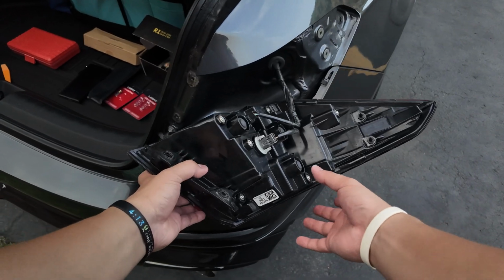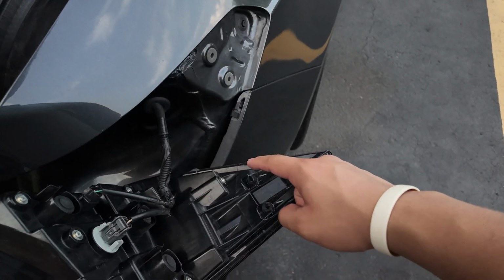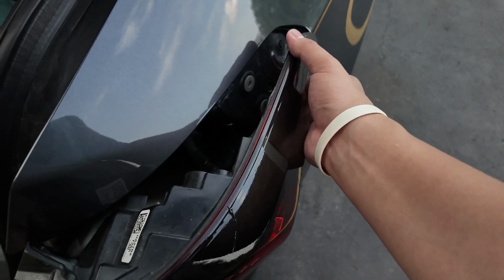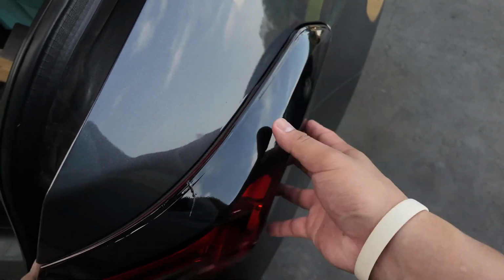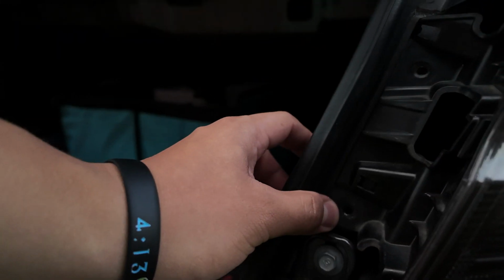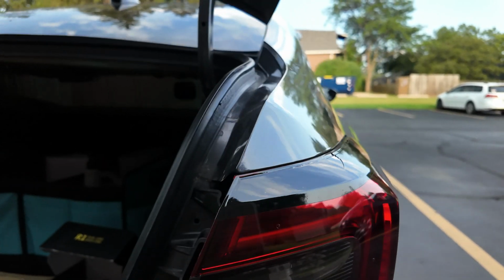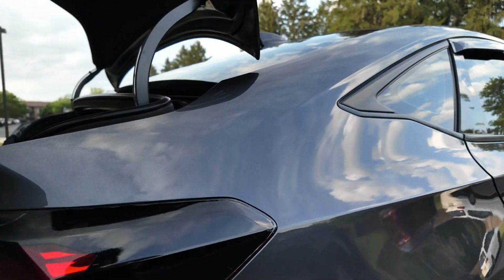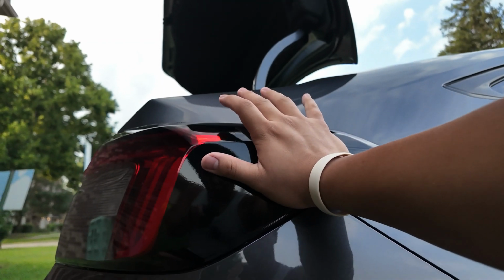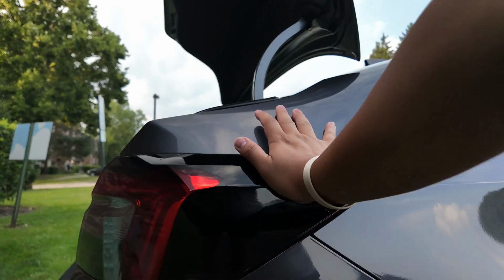Alright, so from there we just want to return the taillights. Make sure you line up these two little points right here to these two plastic holders, and just push this in there just like that. As long as you see the two holes for the 8mm bolts lined up, you should be all set. This part, what you want to do is press around this area, like right here, and you'll hear two pops. So once you hear those two pops,